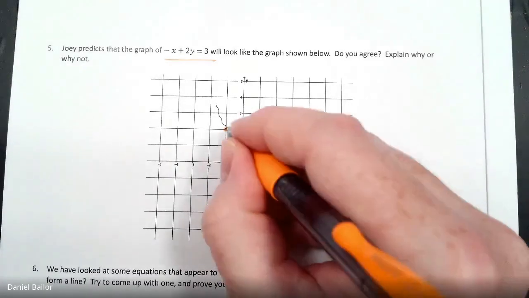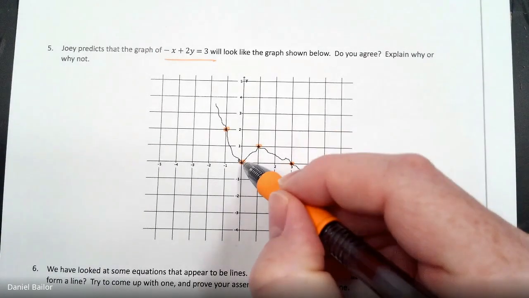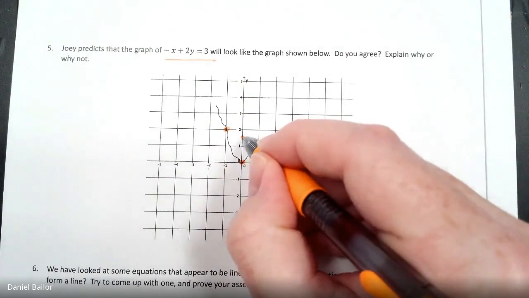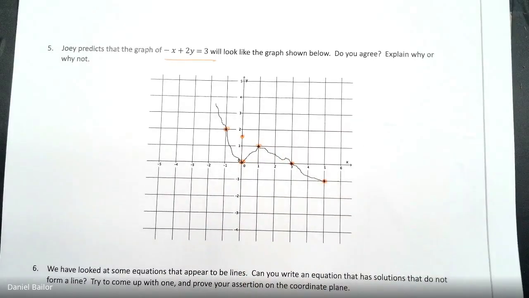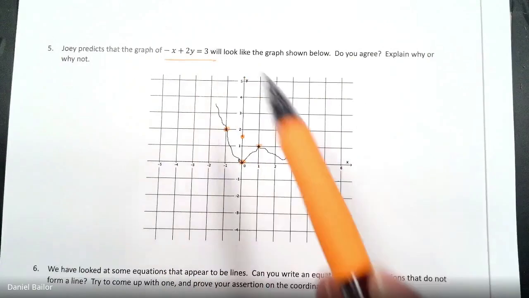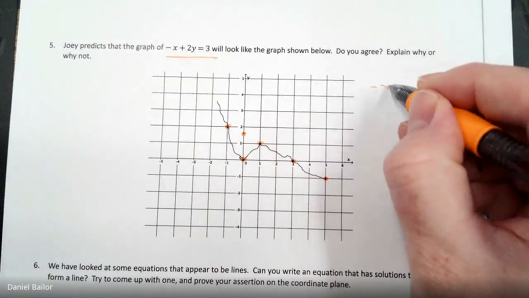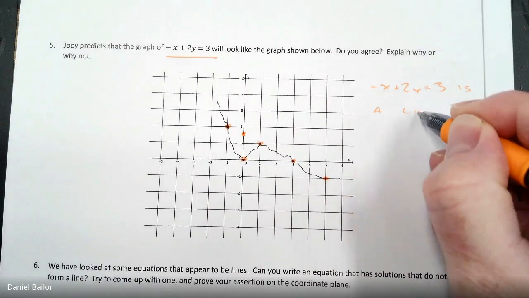So I'm going to guess that when Joey was doing this, he made a mistake with this point. This point should be right here to keep the line going. So I disagree with Joey because this is a linear equation, but his graph is not a straight line. So -x + 2y = 3 is a linear equation,